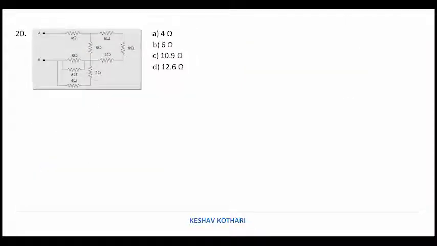Now in this question also we are finding a large number of series parallel networks. So let us first of all solve this series network, this parallel network. So on solving this series and parallel network, I write RS1, which is equal to 6 plus 8 plus 4, that is 18 ohm, and the parallel network RP1, R1 R2 upon R1 plus R2, that is equal to 4 ohm.